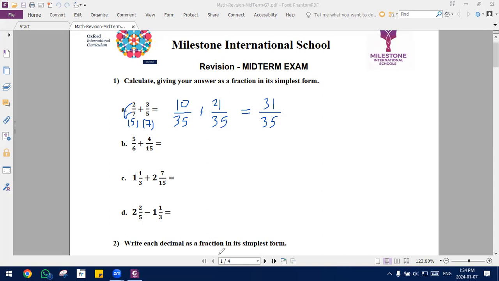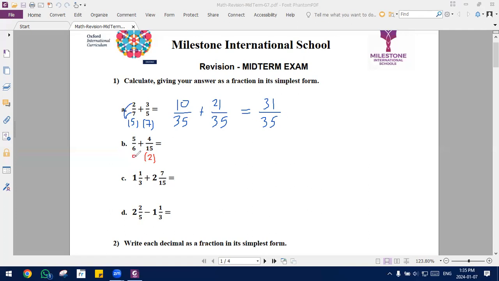Now, question number 2. I have 6 and 15. Again, I cannot make 6 into 15. Some of the students here will multiply here by 15 and here by 6, which will be true, but the numbers will be larger than normal, so it will be hard to simplify. So it's better if we think about the lowest common multiple. So 15 can reach 30 and 6 can reach 30. So we multiply 15 by 2